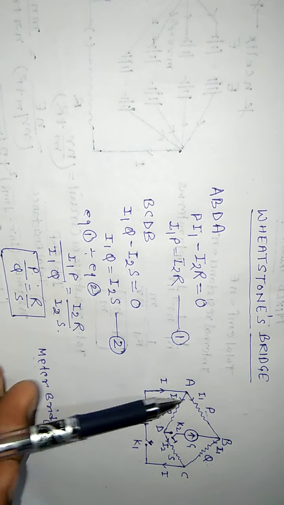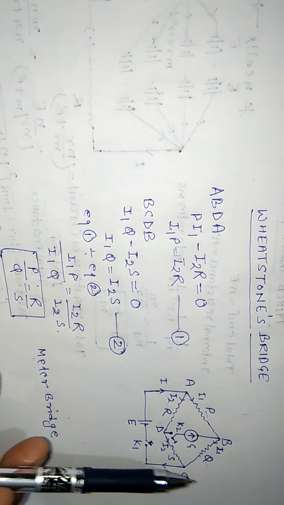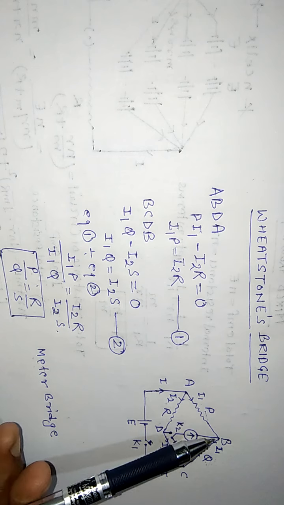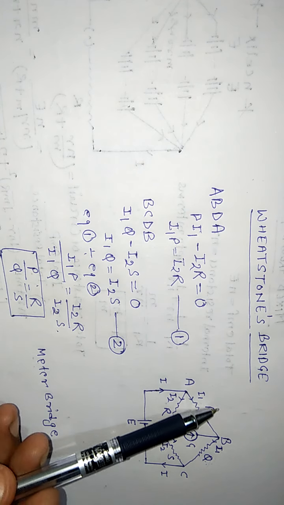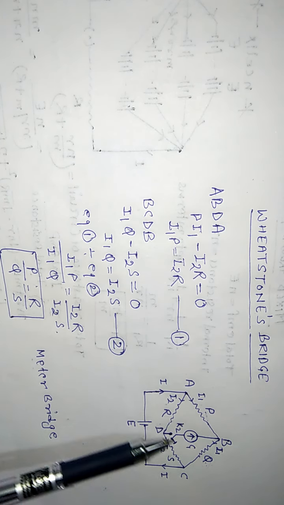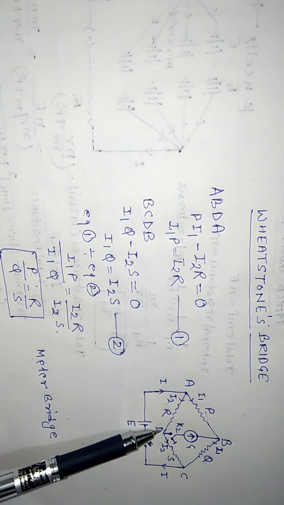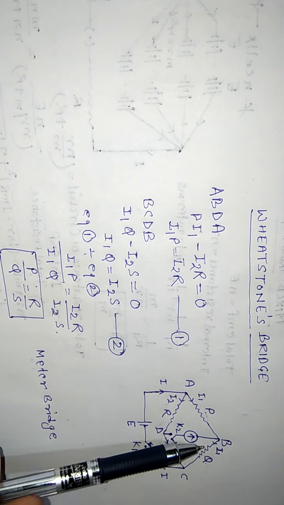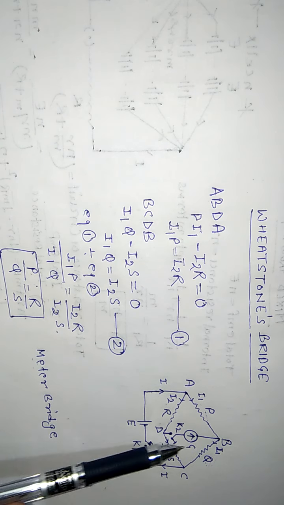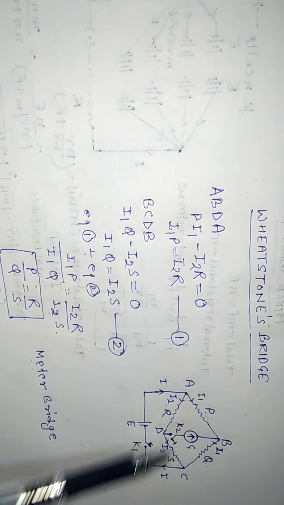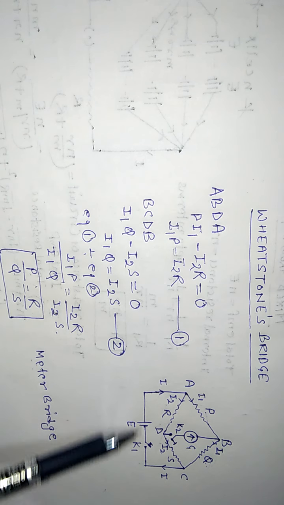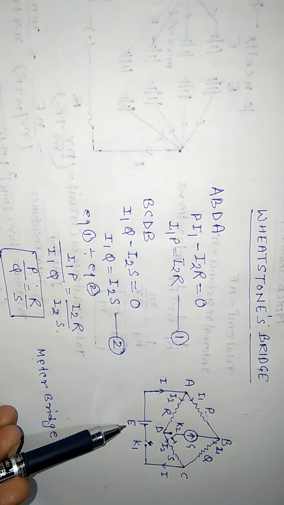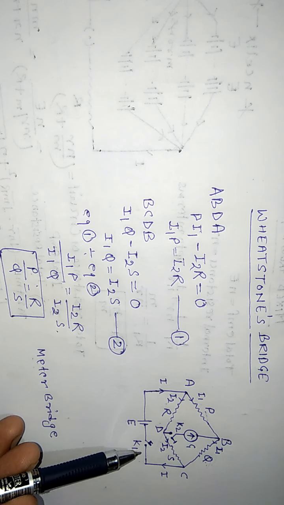And this arrangement I have made here is known as Wheatstone Bridge. In Wheatstone Bridge, four resistances, here you can see P, Q, R and S, are arranged to form a parallelogram. One of the diagonals, BD, is connected with a galvanometer with a key, and the other diagonal, AC, is connected with a cell and a key.